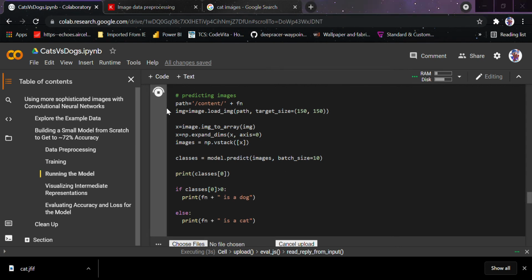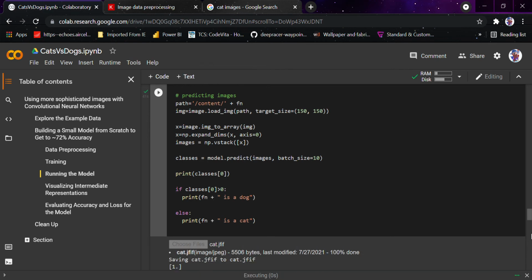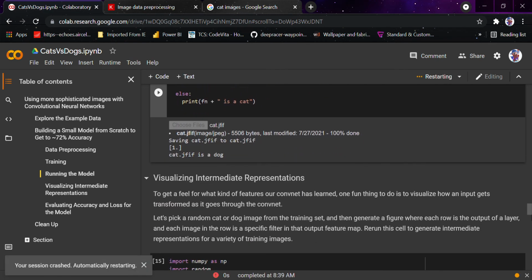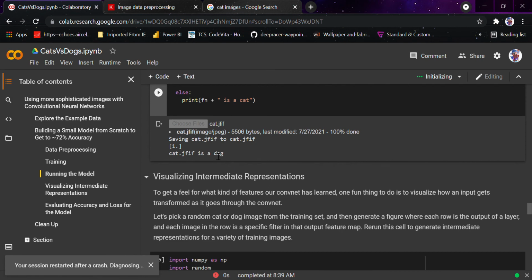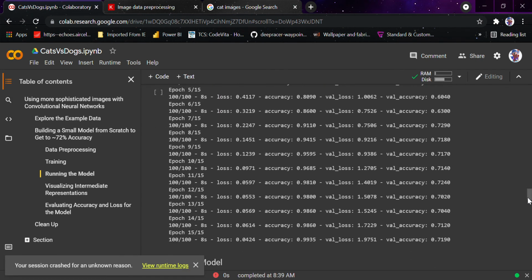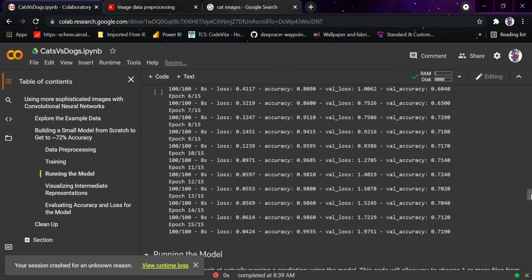Let's see what the result is going to be. Okay, it is showing that it's a dog. This shows that the accuracy of the model is very low, that is only 72% chance that it is going to tell us correctly. In the next video I will be showing you how you can increase this accuracy and make sure the image you put is shown correctly.